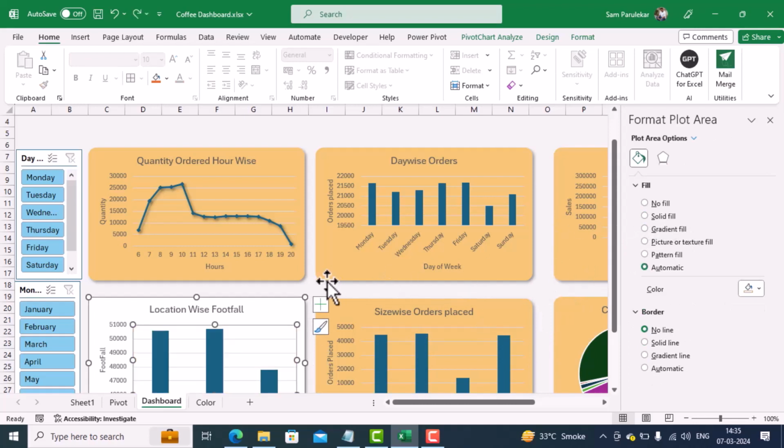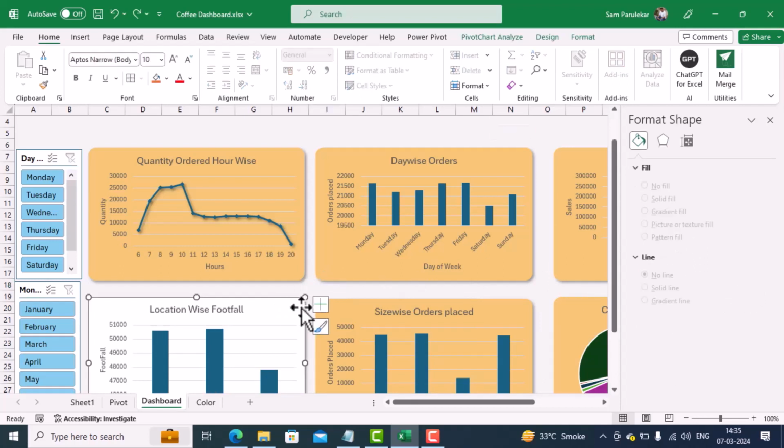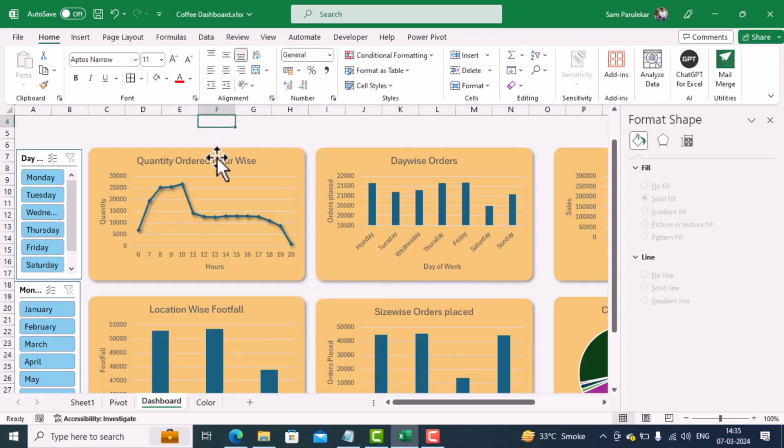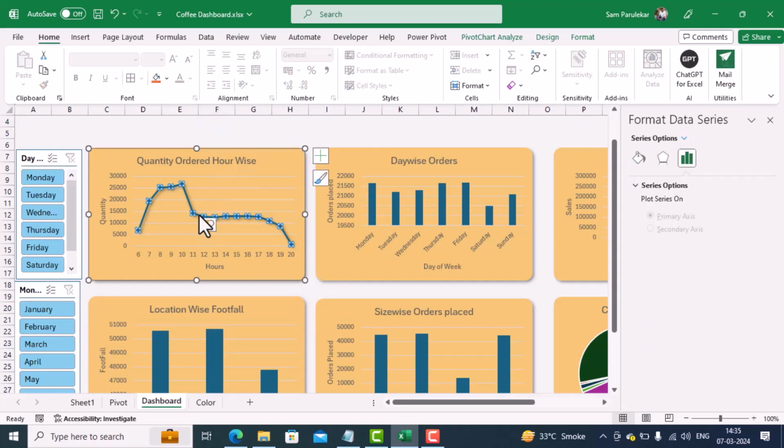If something goes wrong, cancel it. Ensure only the chart is selected and give a solid. Then I want to change the color of these bars. So ensure that your bar is selected and click on the fill color